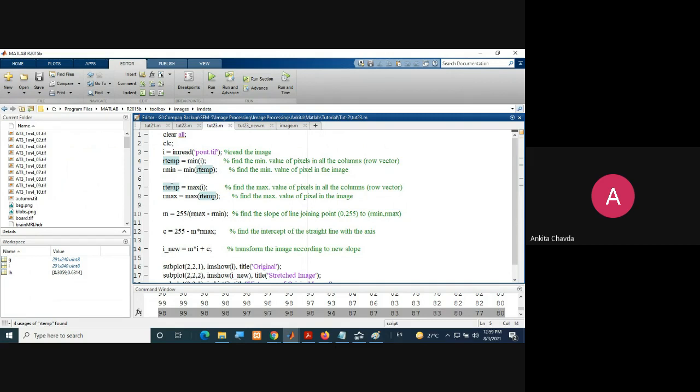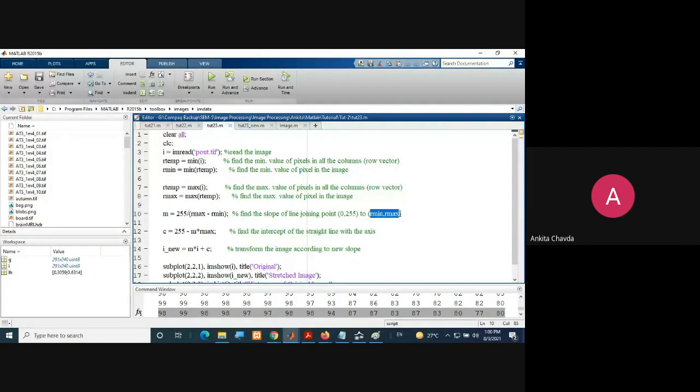Then I'm finding the maximum value, the max of I. Then we are finding the slope, that m equals 255 divided by r max minus r min, right? So here it is the slope of the line joining the point 0 to 255 to some r min r max.